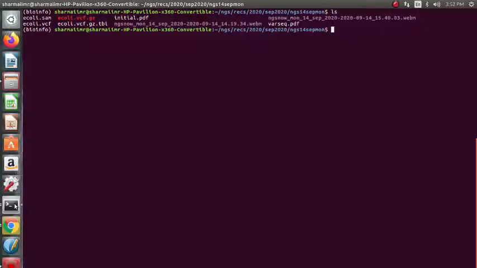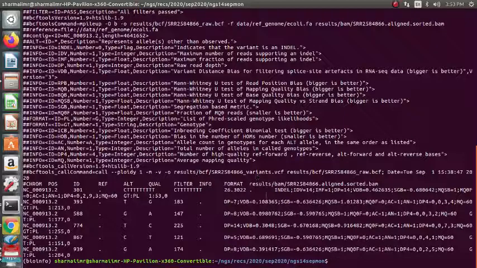Let us inspect the VCF file again. This column 1 2 3 4 5 6 7 8 9. So this should be basically the info column 1 2 3 4 5 6 7 8. Yes, so this is info.